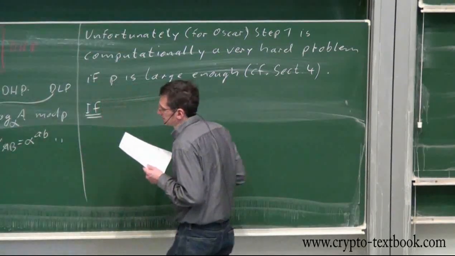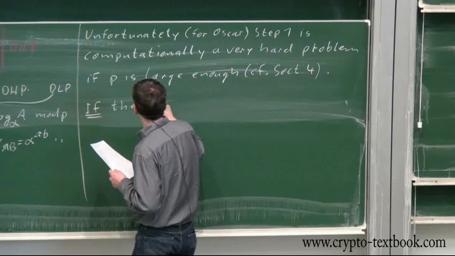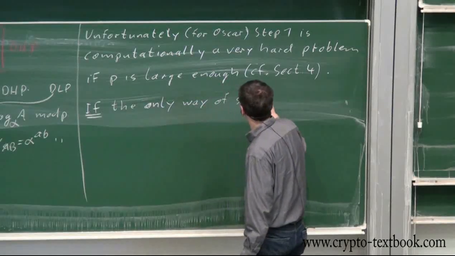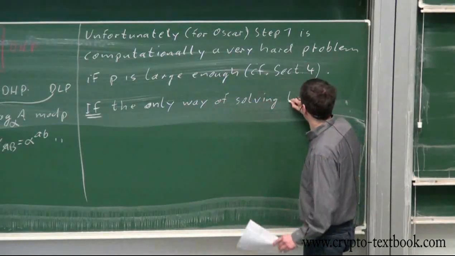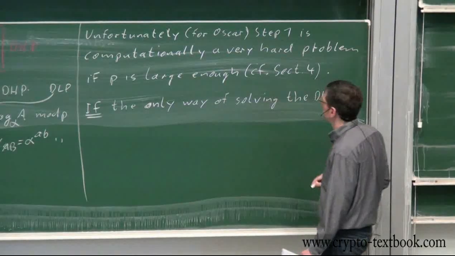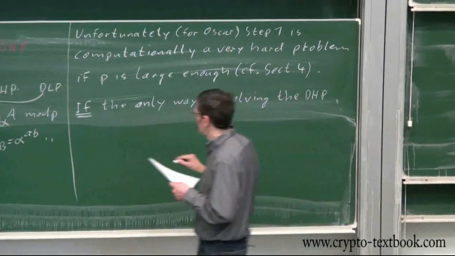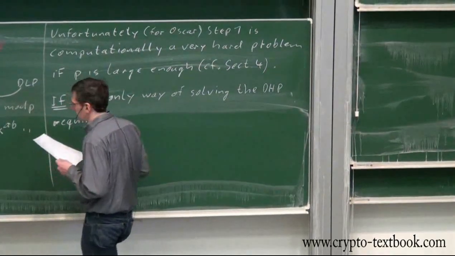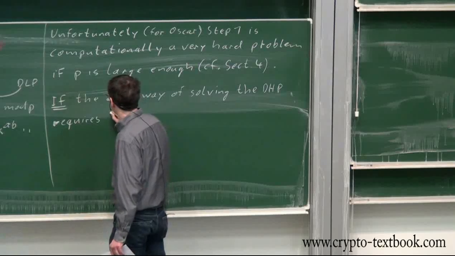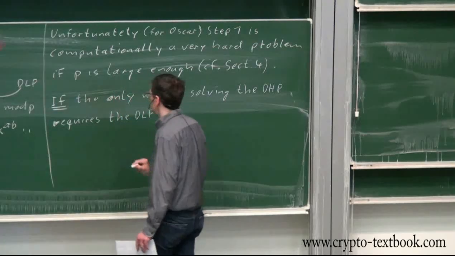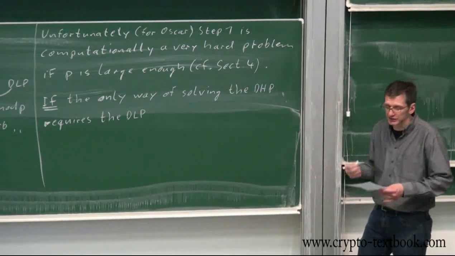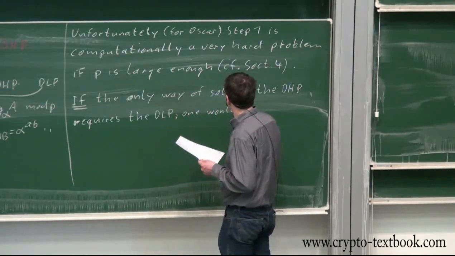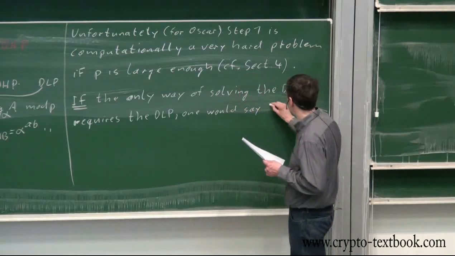If the only way of solving the Diffie-Hellman problem, DHP, requires solving the discrete logarithm problem, one would say that